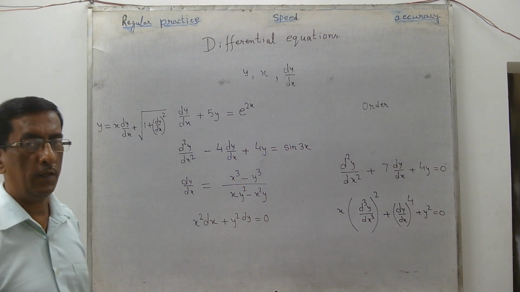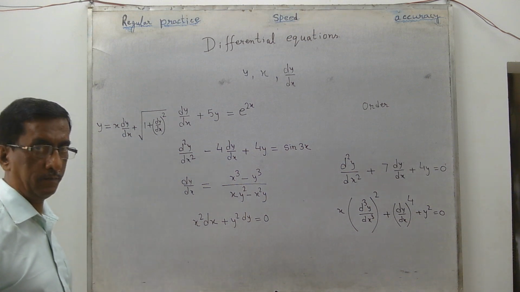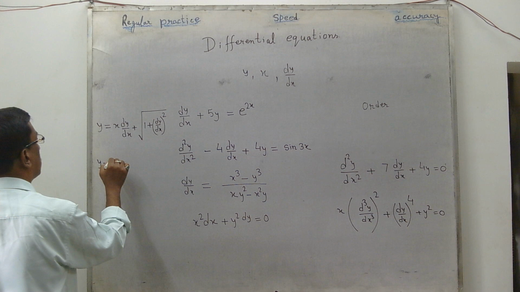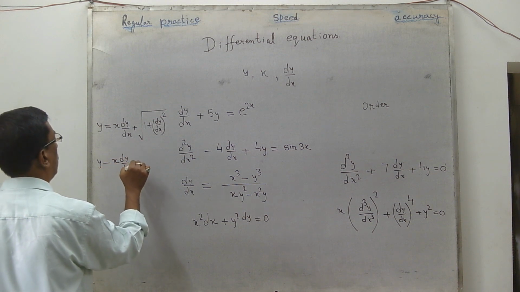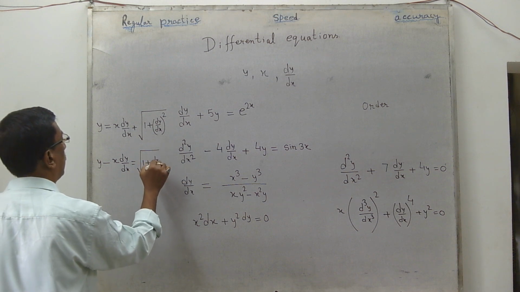This is not in standard form because there is a radical here. So we write y minus x dy by dx equal to root over 1 plus dy by dx whole square,